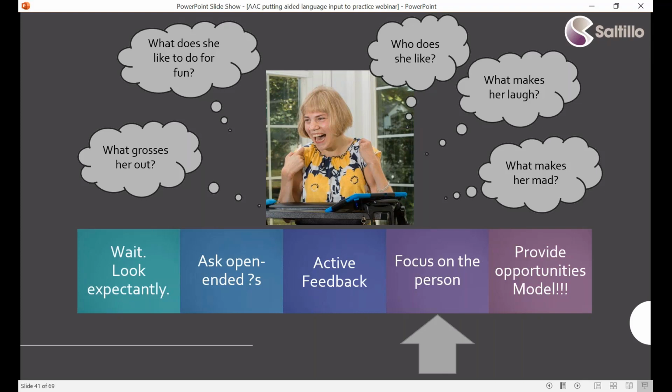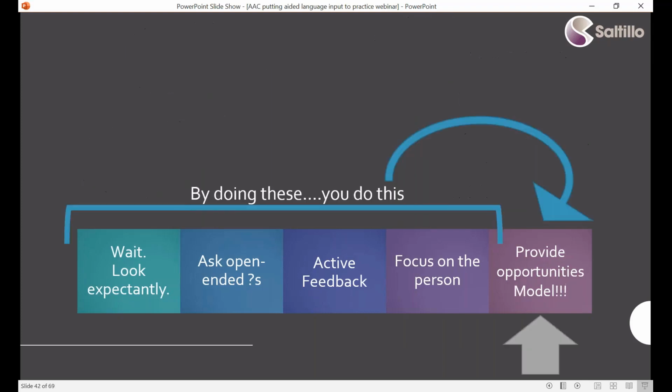So it's kind of that same idea of child-led activities or person-led activities: we want to follow their lead and think about what they want to talk about, because that's going to be the most meaningful. All right, so now by doing these first 4 things, what we've now done is set up the opportunity to